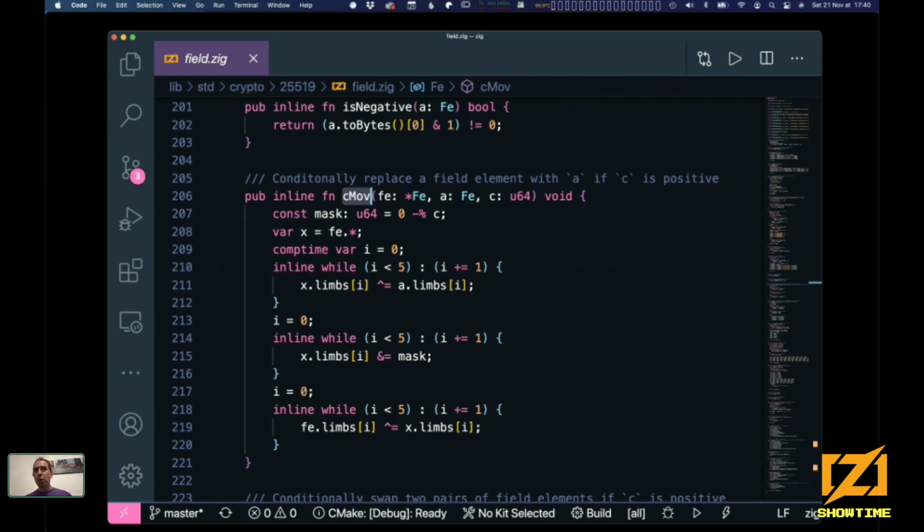However, there is no way in Zig to directly produce this specific opcode. And if we use some assembly, then the compiler doesn't know how to optimize it really well, and it's not great. So we want some generic solution to do it.